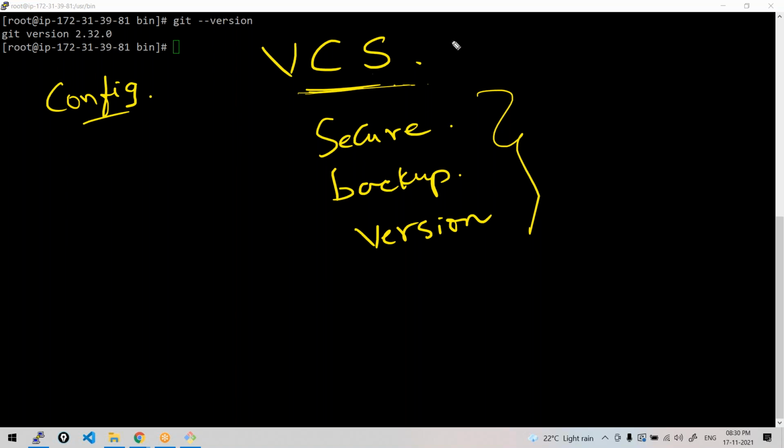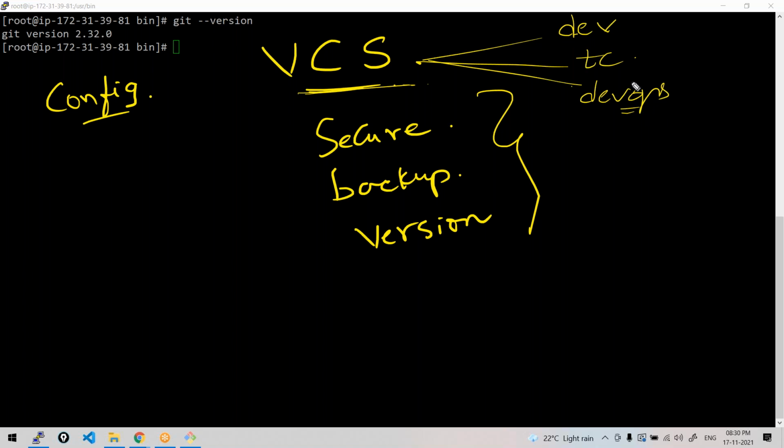This version control system will be used by everyone. Of course developers use it. It's mandatory for developers because they write hundreds of files, a lot of program files, and all of those should be version controlled and saved. Similarly, it will also be used by testers. They will also have automation test scripts written to test the application. DevOps persons will use it to manage their config files and their script files for automation.